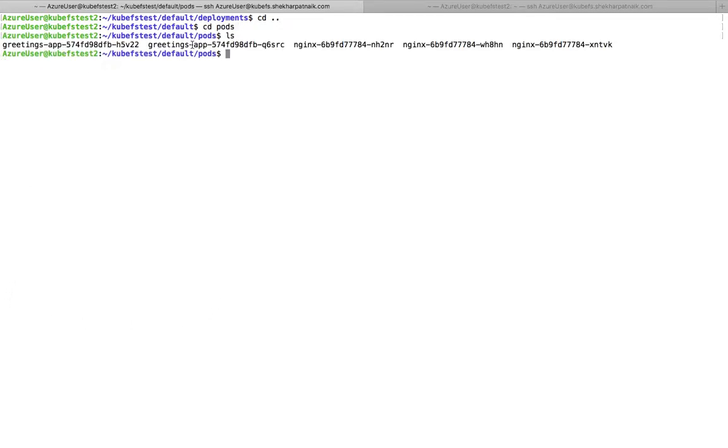Now, what I'm going to do is I can also edit the deployments here. So if I were to check the pods for this deployment, you can see the greetings app has 2 pods. However, if I were to go and edit this